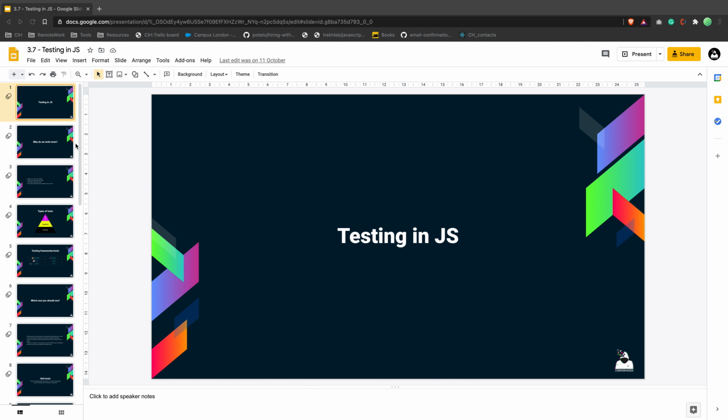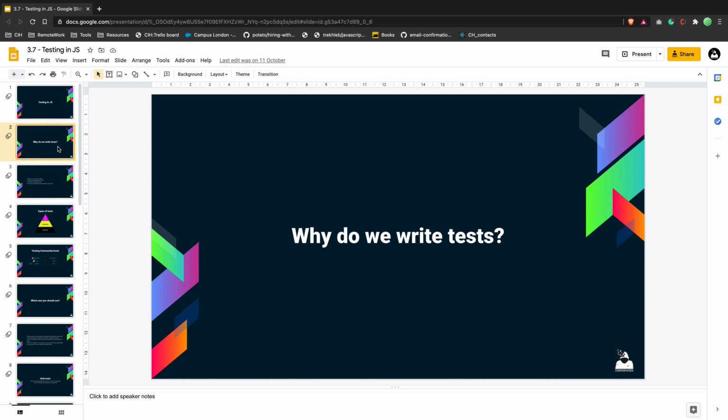So testing is actually a big thing in JavaScript, especially for the last 2 years, I think. It's a huge trend and it's everywhere. Every single company is thinking and asking about testing, and whether you know any test frameworks, libraries, etc. Do you write tests, etc.? So this is very important for them. And the first question to you is, why do you think we write tests?